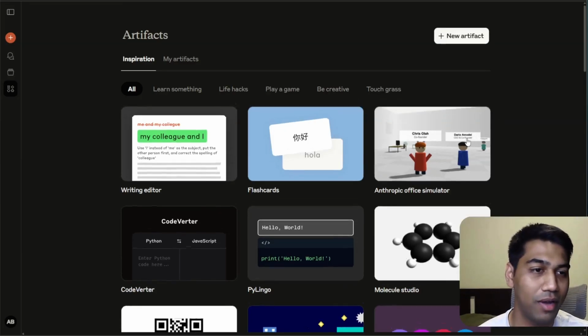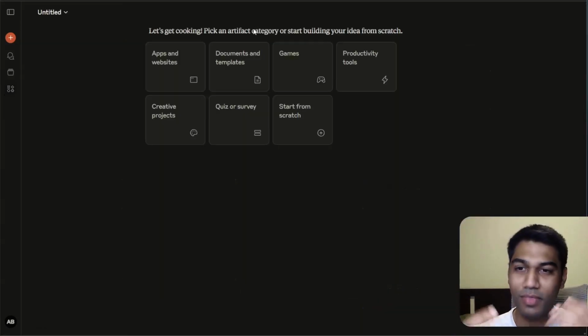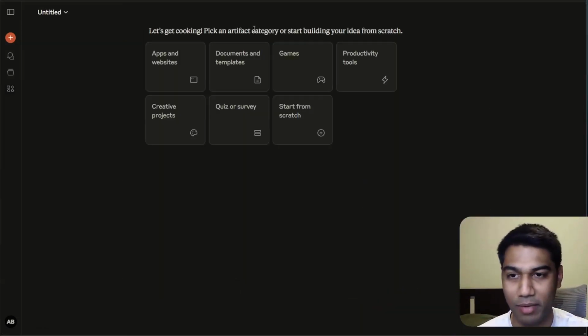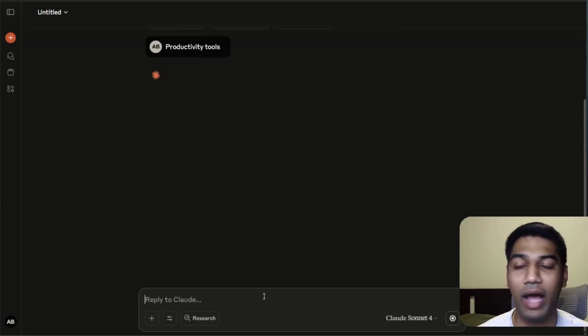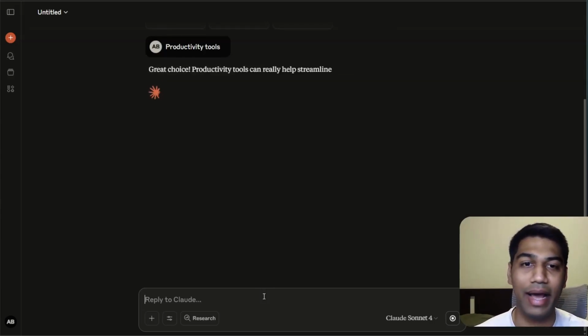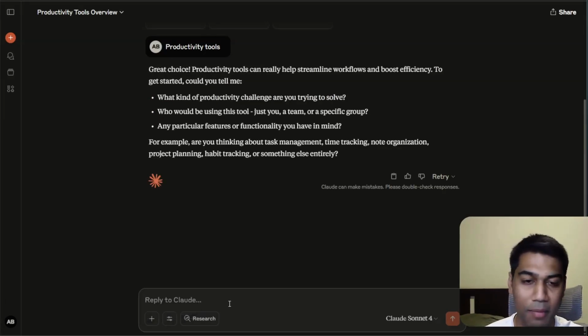I actually like this Anthropic office simulator, but I want to do something both traditional but also at the same time a bit more cool. Okay, so I want to create technically a productivity tool, but I want to create a productivity tool formatted as a game. Now what I'm going to do is I'm just going to type in a couple of quick commands. I just want to ask it to create a gamified productivity tool